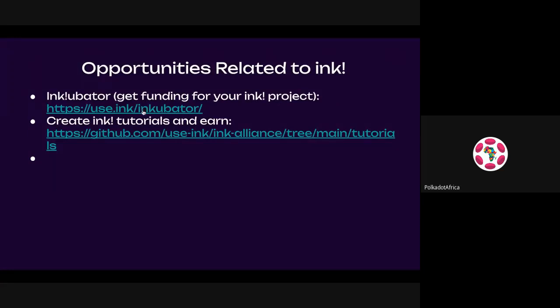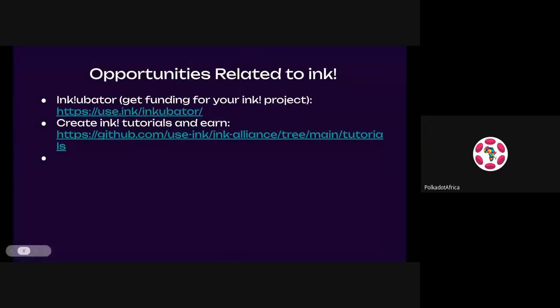Okay, so here are just a few opportunities related to using ink. You can go to the links. Let's quickly click through the links. This is what is called the incubator. It's basically an incubator for ink projects, right? So you can get funding for interesting projects after they are reviewed by the curators. And also there is an